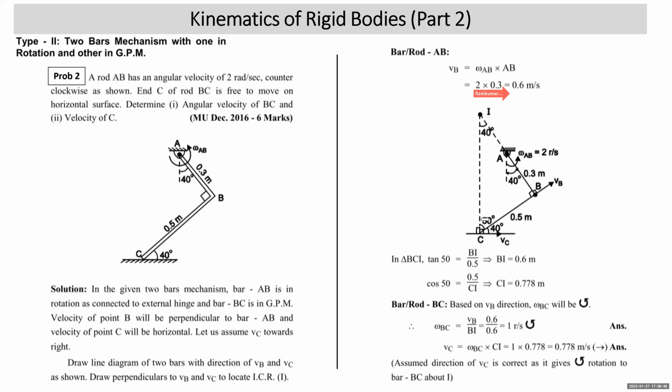Then you want to find velocity of point C. Keep your pen or pencil at I. Look at the direction of VC, which was assumed. We assumed it to the right. But if you keep pen or pencil at I, direction of VC is such that it is giving same anti-clockwise rotation. So that means direction of VC is correct. What is VC? Omega BC into CI. Omega BC is 1 and CI length, we got it 0.778. So velocity of point C is 0.778 meter per second towards